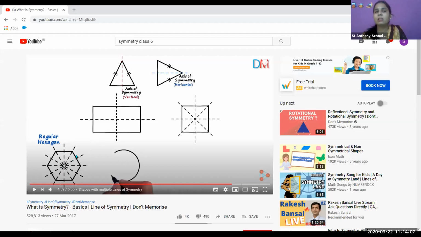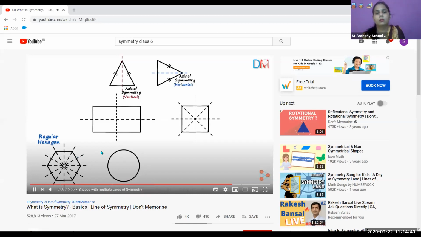Actually, what does axis of symmetry mean? That axis will go through the midpoint of the figure. ठीक है? और अगर हम वो फिगर को ओवरलैप करेंगे तो उसका साइड एग्जैक्टली उस पे आना चाहिए. That is the symmetrical figure. That is the reflection symmetry. When we draw the dotted line from that fold, when we open that fold, that is known as the axis of symmetry. Okay.